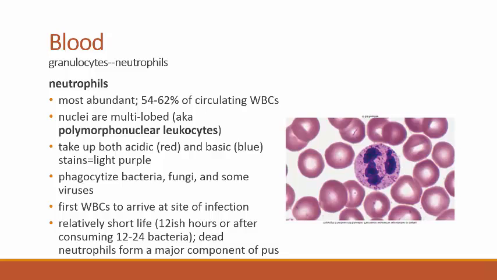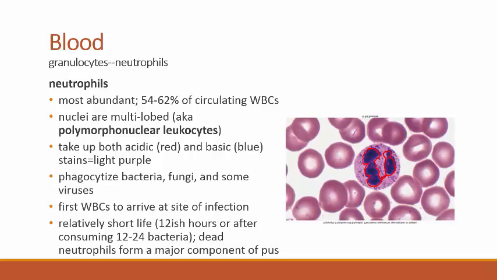So these are not multiple nuclei here. These are just lobes of the nucleus. And sometimes they are bound together by these long filaments, like you see here. And there's no real specific shape to the nucleus, and so they are sometimes called